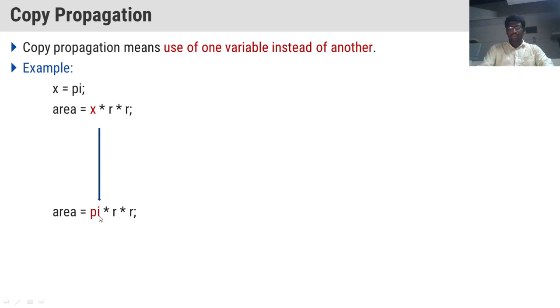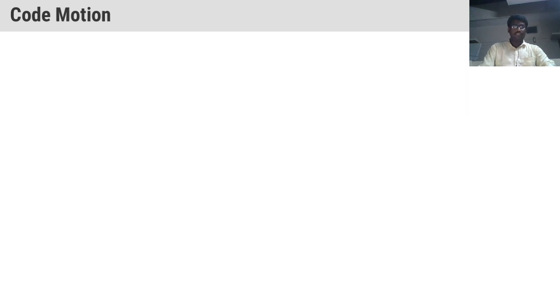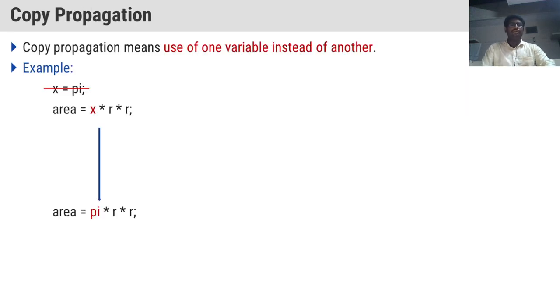So for that purpose, we are removing the assignment statement x equal to pi, so that the time will get reduced. We have assigned pi to x, and again we are substituting pi in the place of x. What is the necessity of assigning pi to the x variable? So some unnecessary statements, some unnecessary variables we declare, and removing them is nothing but copy propagation. It means using one variable instead of another variable. This is called copy propagation. This is an example to understand copy propagation.